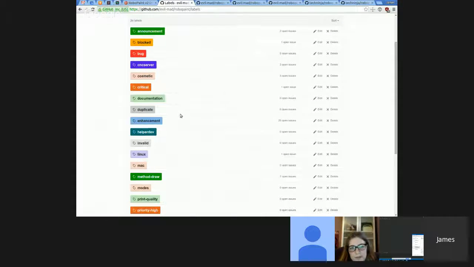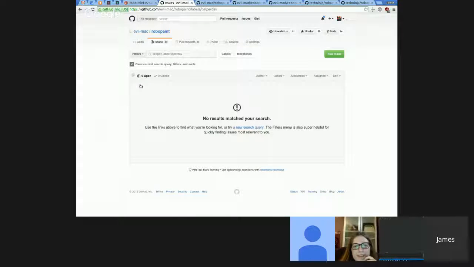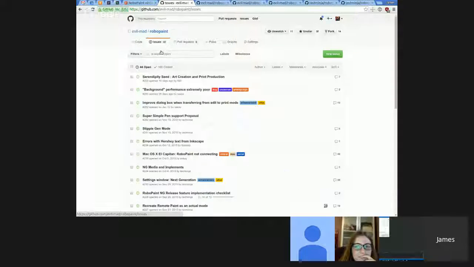Specifically for this, we have a documentation label if documentation needs doing. Helper dev is a new one that I think we're going to start tagging for items that make a whole lot of sense. We may make all the issues that we need for either wikis being updated or other things that need doing. We'll have helper dev on them, so you can just click that and it will show you all the issues that have that tag. We don't have anything for that just yet, but we'll be getting to it.